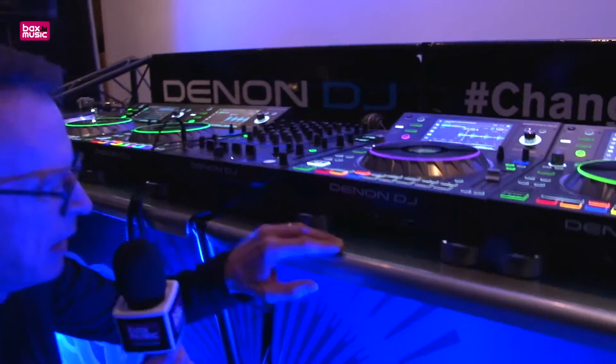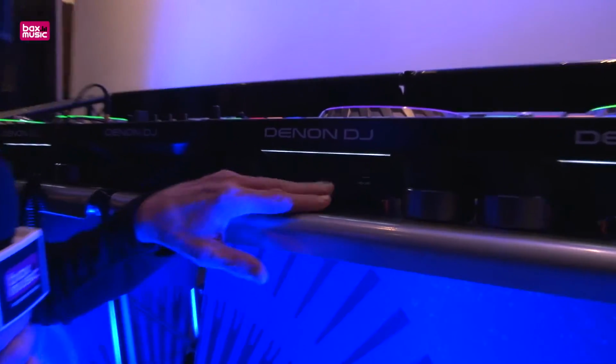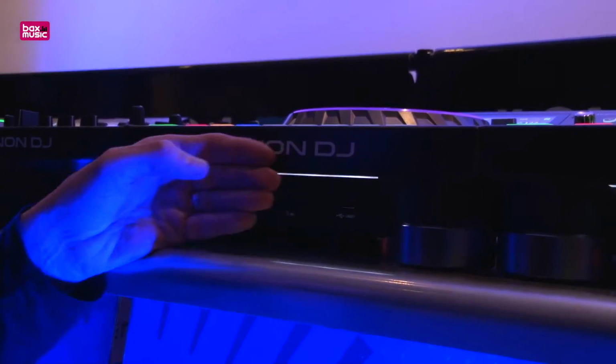You notice at the front here we have a recessed panel for the SD card and the USB. It's underlit, it's recessed, so it keeps it nice and safe. And also on the rear of the unit, there are two further USB connections as well, so you can add terabytes of music to your collection. But what's fascinating about the SC5000 Prime is it's the world's first DJ unit where you can internally analyze your music